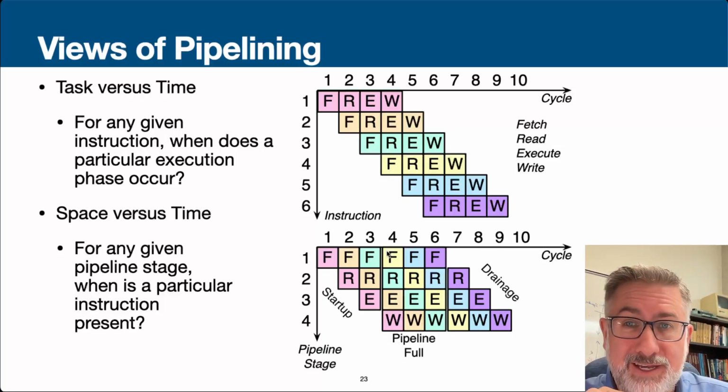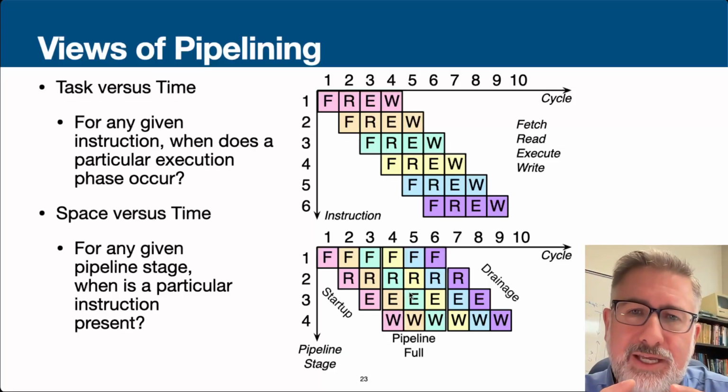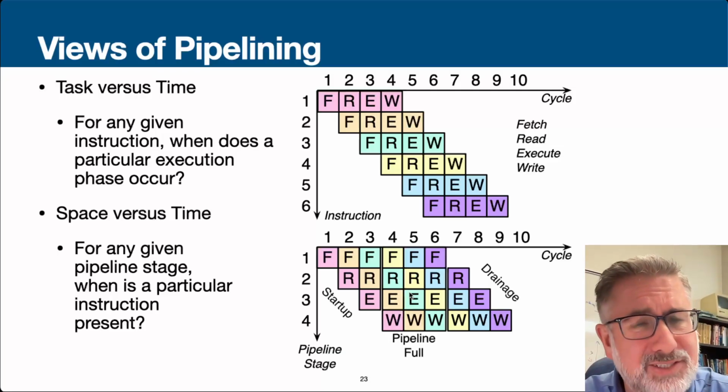The other way to look at it is looking at which pipeline stage compared to what time frame we're looking at. So in this case, again, in clock cycle 4, we are, again, same thing. We're finishing up instruction 1. We are doing the execute phase of instruction 2. We are reading the register file for instruction 3, and we are fetching instruction 4. And here the instructions are lined up on this angle here. This, I think, makes it a little bit easier to see that there are basically 3 phases of any pipeline